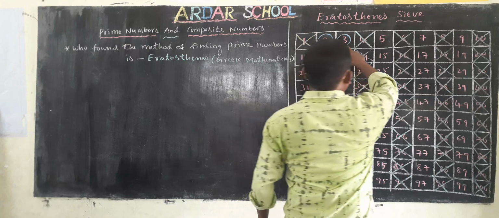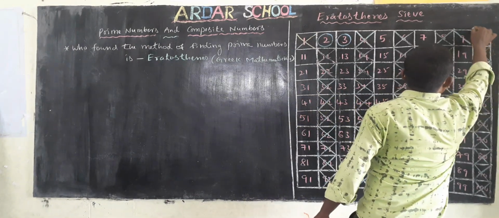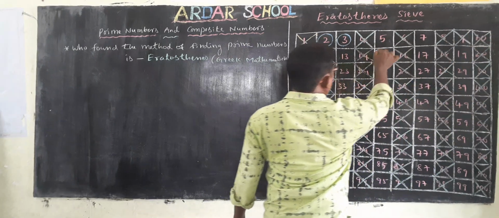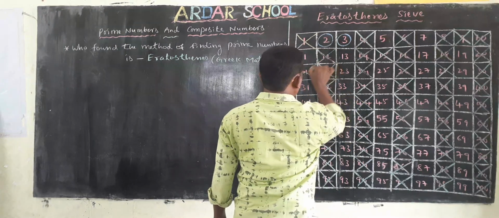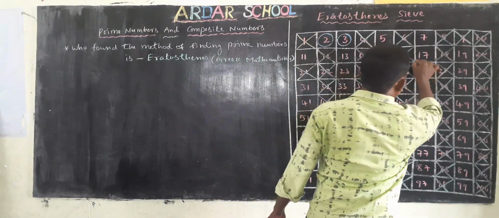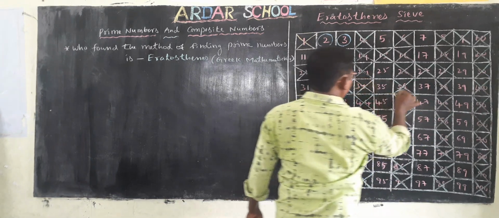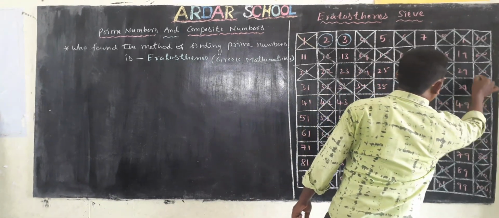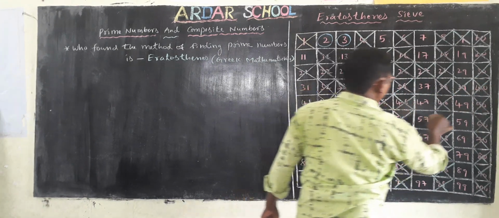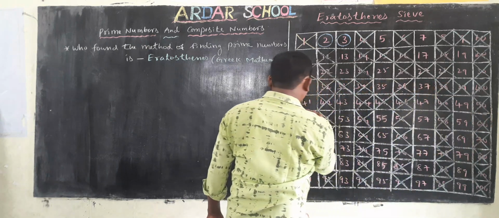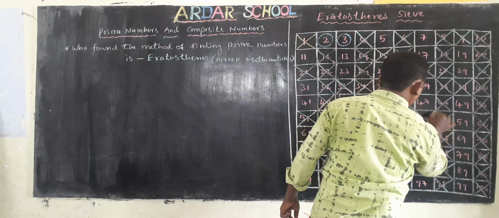The multiples of 3 are 3, 6, 9, 12, 15, 18, 21, 24, 27, 30, 33, 36, 39, 42, 45, 48, 51, 54, 57, 60,